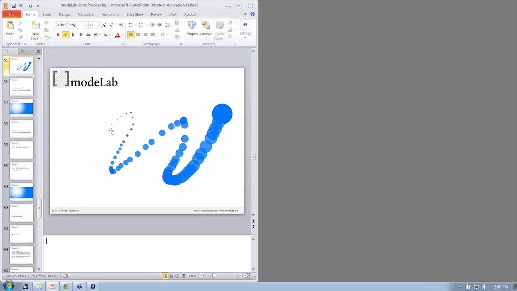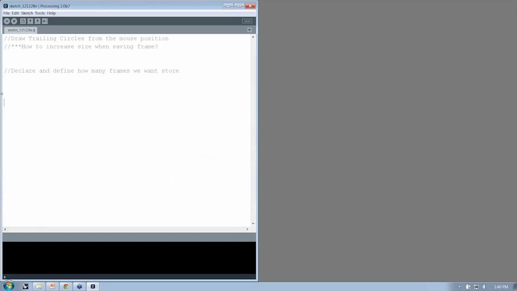So do we want to store 50 frames of position information or 10 or however many, right? So that's going to be the first step. And then we need to declare an empty array for the X position and the Y position of our mouse. All right, so we'll start to work with arrays. And then once we've done that, which is essentially setting up our global variables,